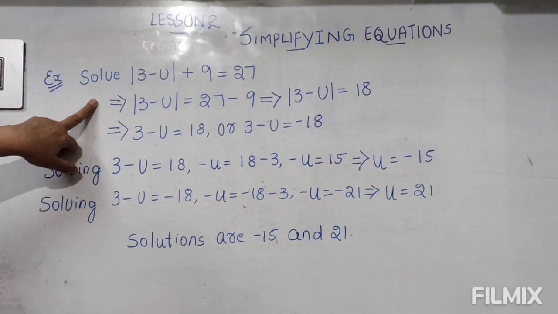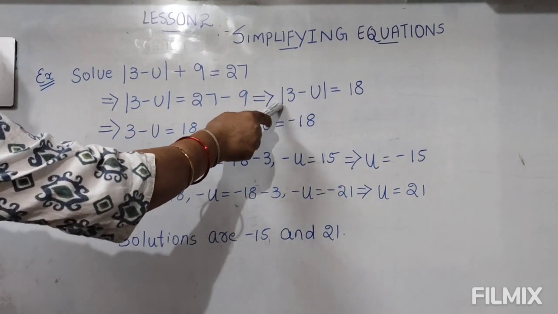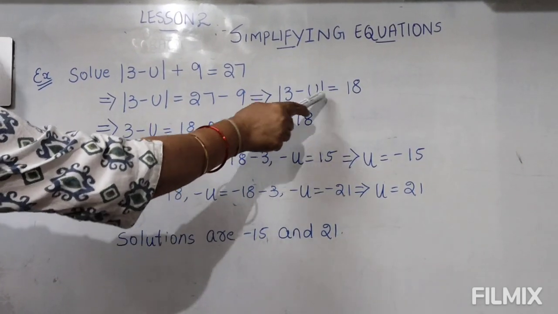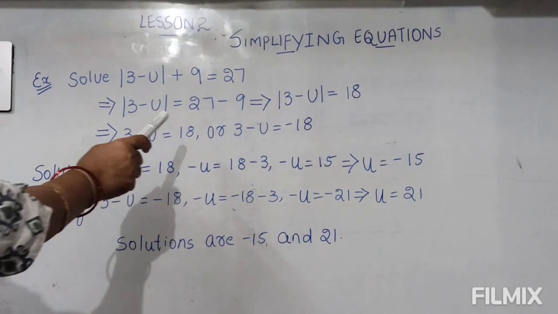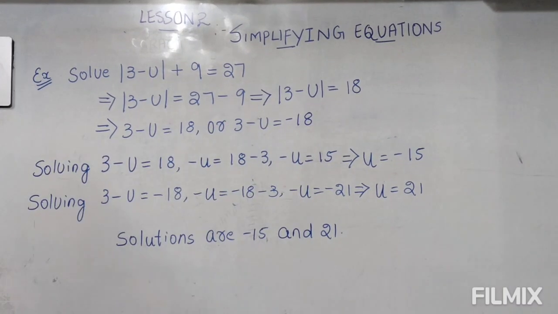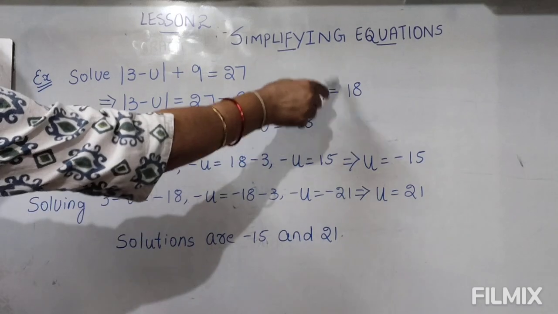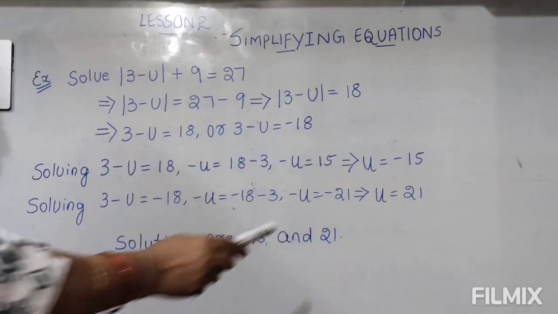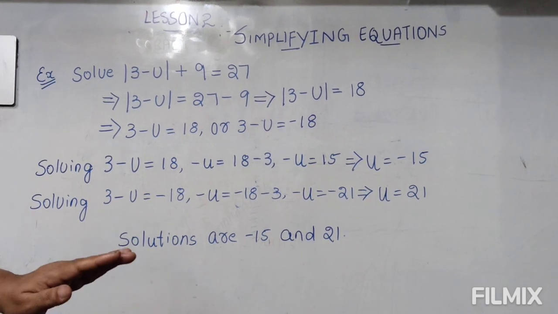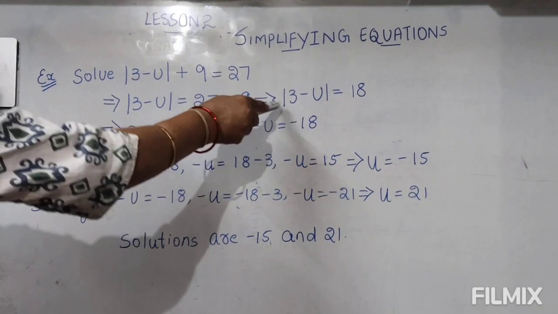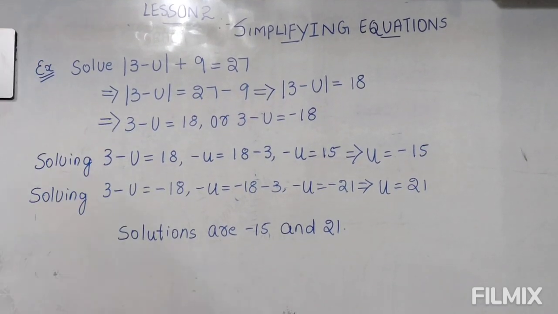It is not negative, isn't it? So, it is 18. So, if you remove these bars, the values are plus and minus. I repeat again, in between the bars, that is the absolute value, which is 18. Absolute value is always positive. It is not negative. But if you remove these bars, or else if you remove this absolute value, you